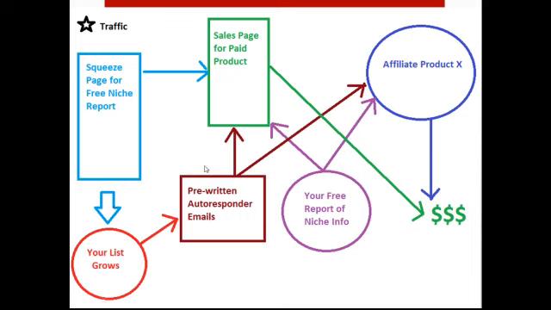So as somebody comes in to the squeeze page, he gives his name and his email, he submits it, and he then becomes part of your list. Now once he's part of your list, pre-written autoresponder emails then arrive at that person's inbox. Those autoresponder emails can be about a number of subjects. They can talk about